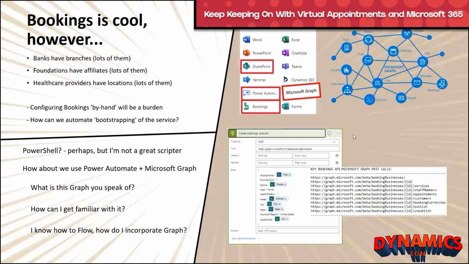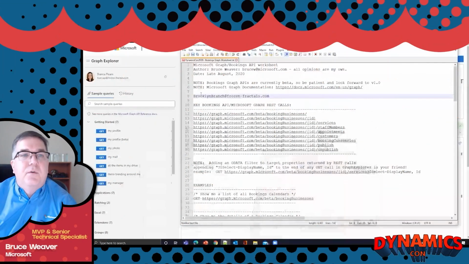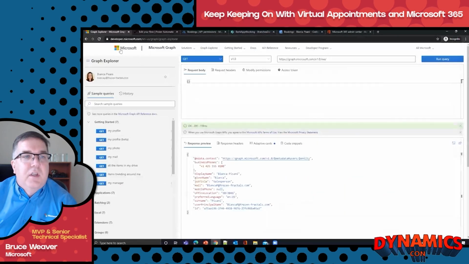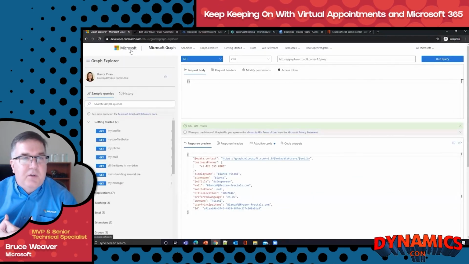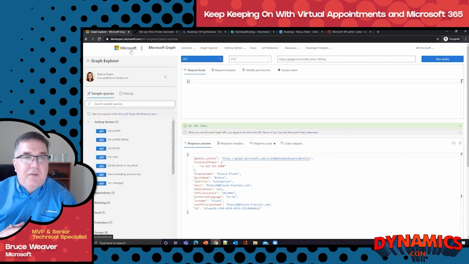So with that said, let's go ahead and get out of PowerPoint and let's get into working with this. So what I would like to share with you first is, as you start to get familiar with the graph, if you haven't spent time there yet, it's all documented out on our documents site. So you can certainly spend time there. But one of the best ways to get familiar with this is to use this freely available tool. You just hit it up online and you can get there. Just search via Google or Bing, whatever you choose, and type in Microsoft Graph Explorer.